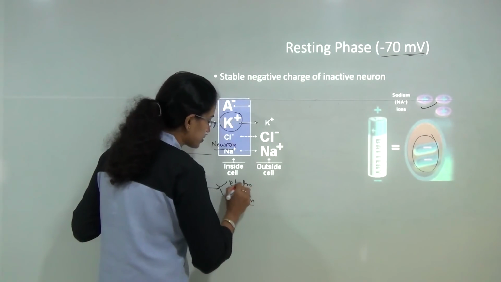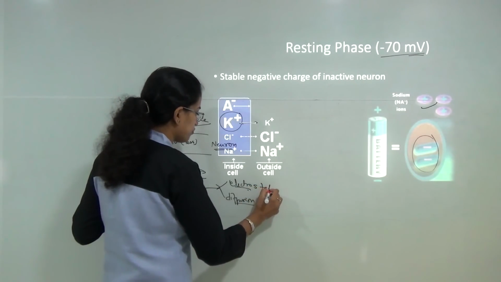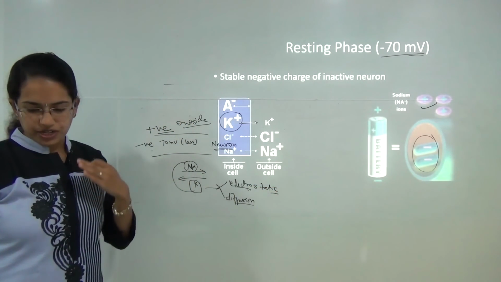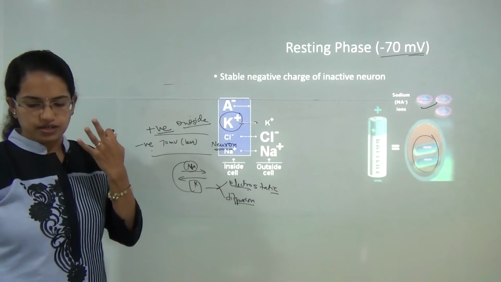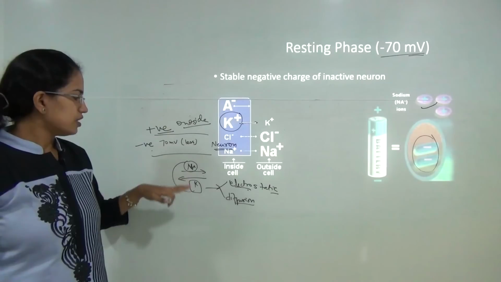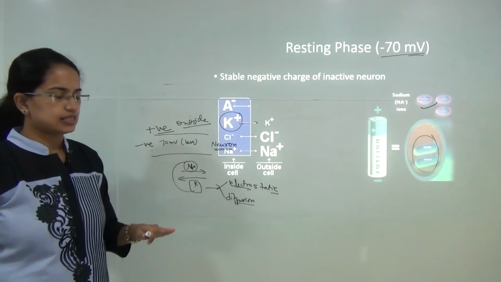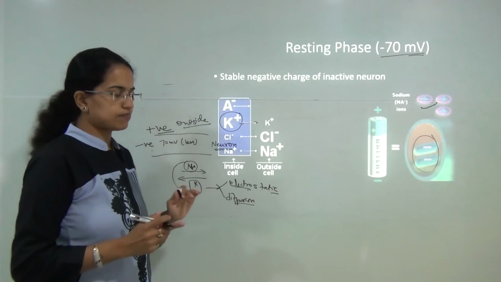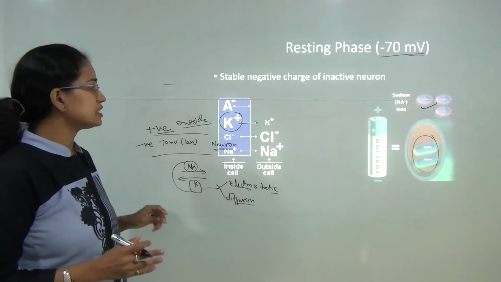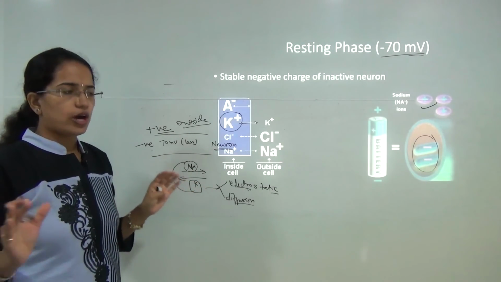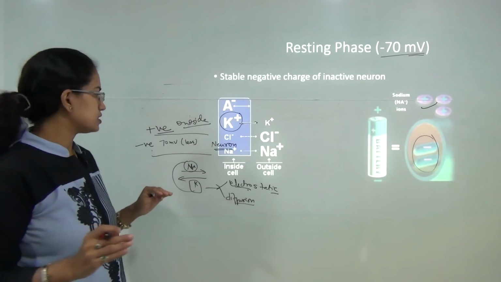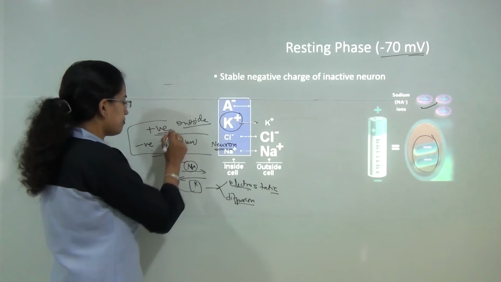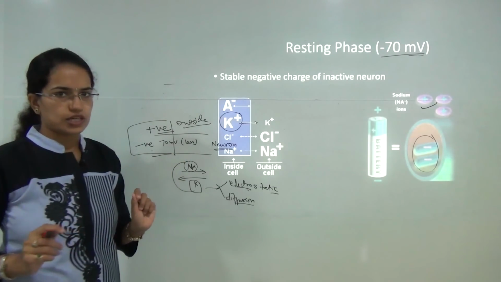So there are two forces that govern the movement of sodium through the potassium channels, and for every three sodium you have 2 potassium that is exchanged. So for every 3 sodium there would be exchange of 2 potassium that would occur. Now this is the resting stage, or a kind of, I could say, a stable state for the neuron to exist, and that is minus inside and positive outside.